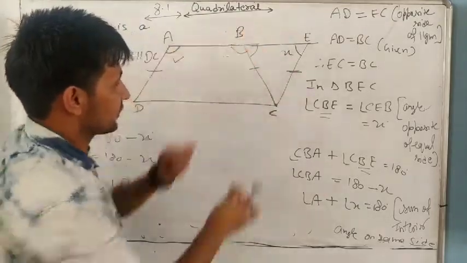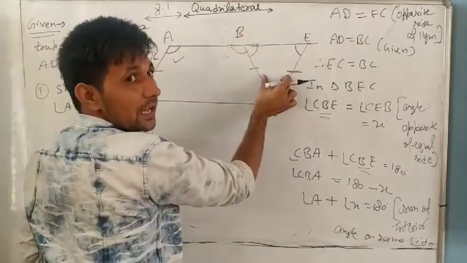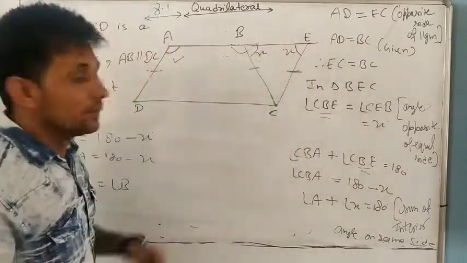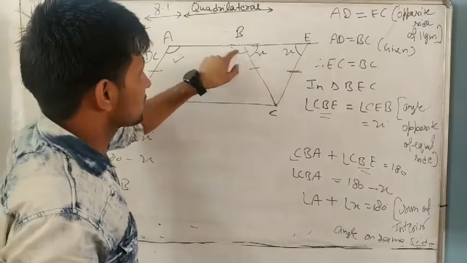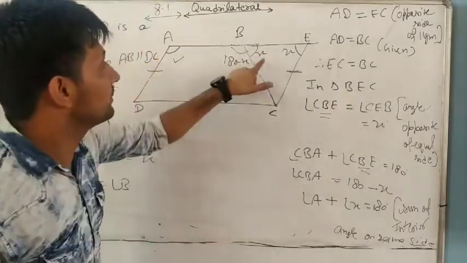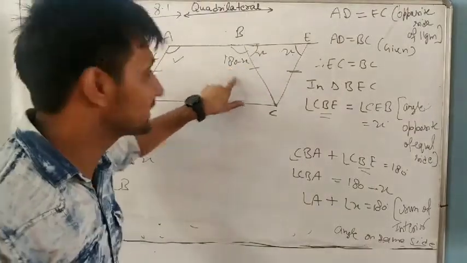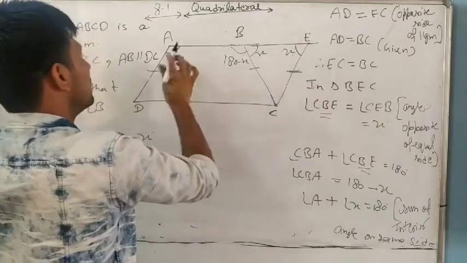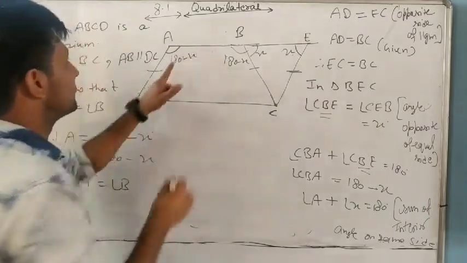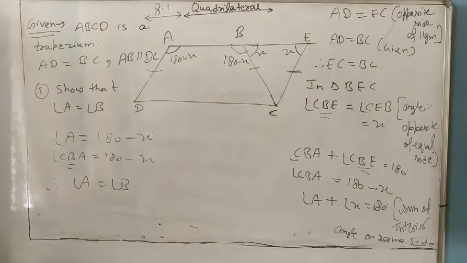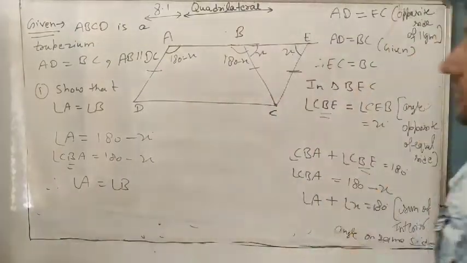And if in this triangle two sides are equal, opposite angles are always equal. It is x, it is also x. If it is x, the sum of these two interior angles is 180, so it is 180 minus x. Same as this one, this one plus this one is also 180. It is x, so it is also 180 minus x. So angle A equals angle B. We already proved it. Understand it? Now remember this one and note it down.